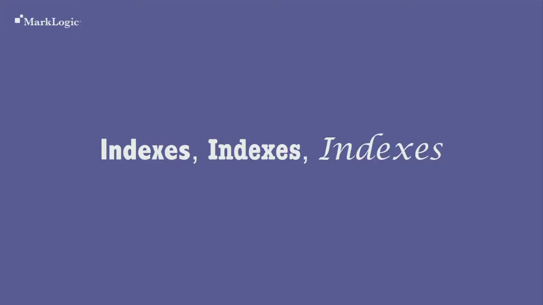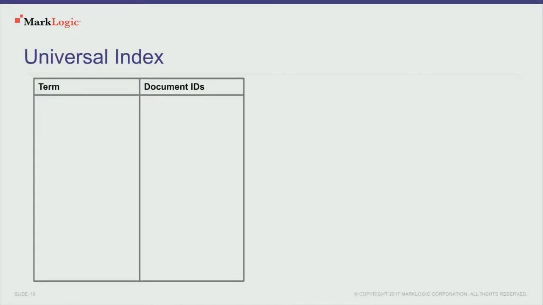So if the data model is what affords the flexibility in MarkLogic, the indexes are what gives us the performance and the power. So if you were to crack open MarkLogic, don't do this literally, but if you were, you would see the guts of a search engine. And it's no coincidence because our founder was the main architect of the UltraSeek enterprise search tool. So at the core is what we call the universal index.